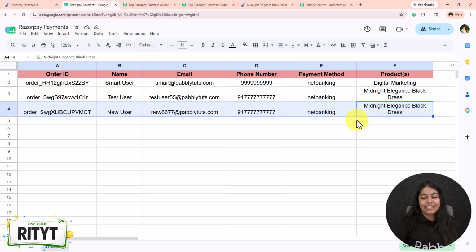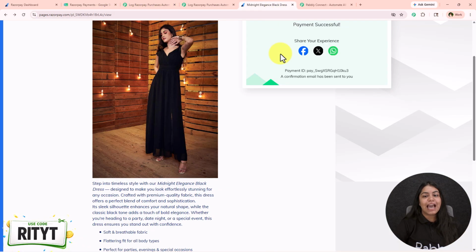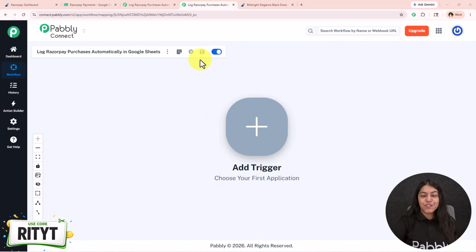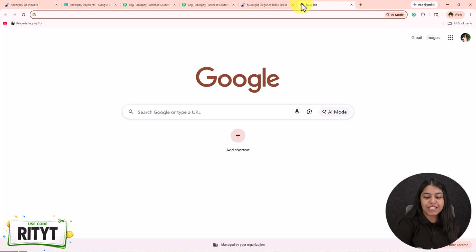I added only this much detail, but if you want, you can definitely add as many details as you want. So let's see how to do this. To create this automation, you just have to open your workflow builder inside Pabbly Connect if you are an existing user like me. But if you are a new user, open a new tab and search for